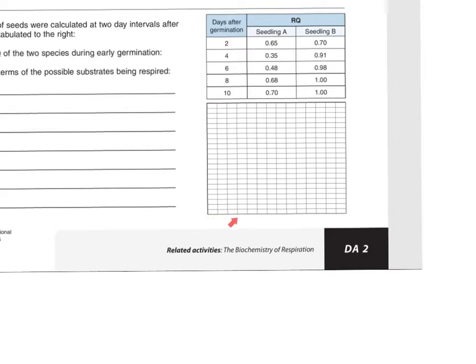So you have to take 10, divide it by however many divisions you have here. That's how much each one is worth. Then you have RQ on the Y. And you're going to have two lines, aren't you? A and B. Now some people, I saw this, they graphed bars. They said day 2, they have this bar and this bar. Day 4, they have this bar and this bar. Yes, that's all right, but you're not going to get as much information as you will from a line graph.